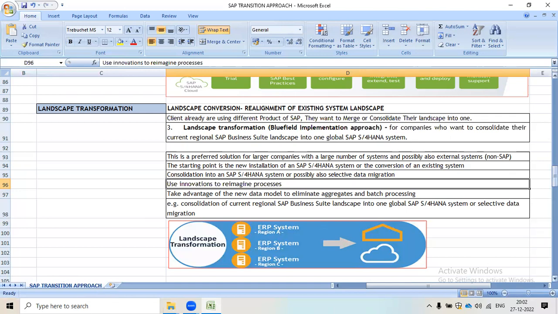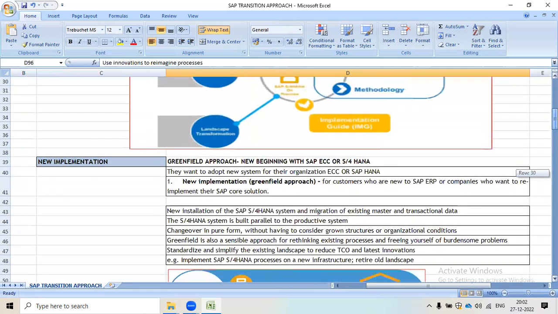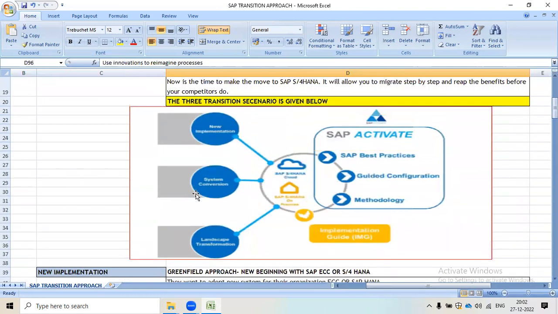So these are the three things that come under the SAP transition approach. We can go through three different approaches: the first is new implementation, the second is system conversion, and the third is landscape transformation. Either we can adopt SAP S/4HANA on-premises or SAP S/4HANA Cloud.